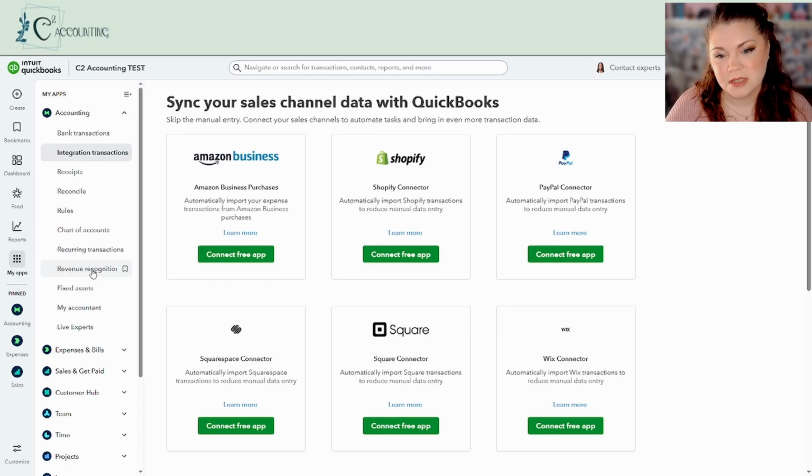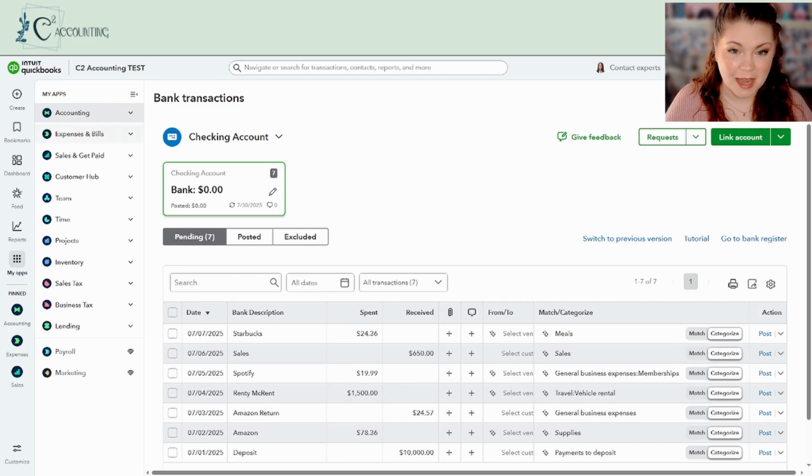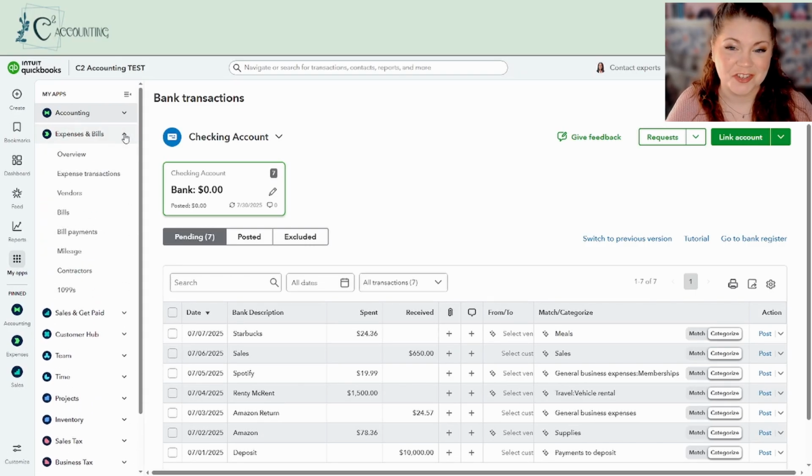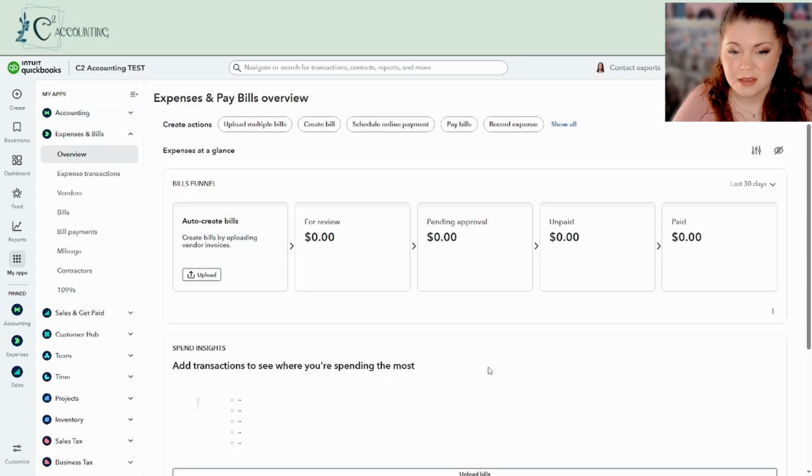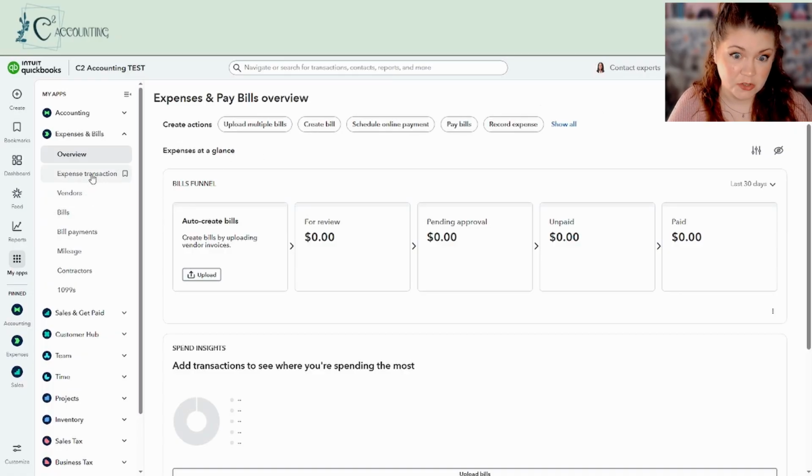The My Accountant area, where you can safely upload documents and files to your accountant, and another spot to connect with Intuit Live experts. Now, let's dive into the expenses and bills section. This section is similar to the classic expenses category, but with the new overview page that shows your spending metrics. Subcategories include expense transactions, vendors, bills, bill payments, mileage, contractors, and